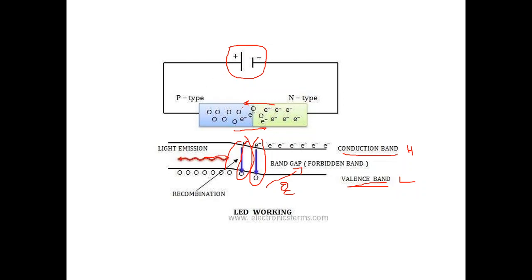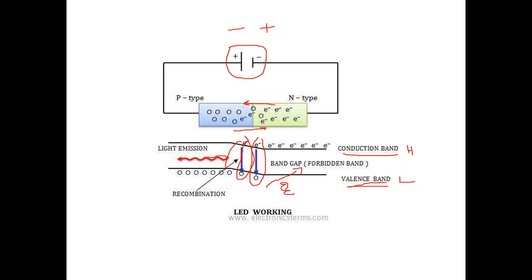What happens if I go for reverse bias? Negative and positive, in the reverse case, are all going to be attracted towards each other's terminals. The depletion layer is going to increase, where the electrons and the holes will not move, so the light energy